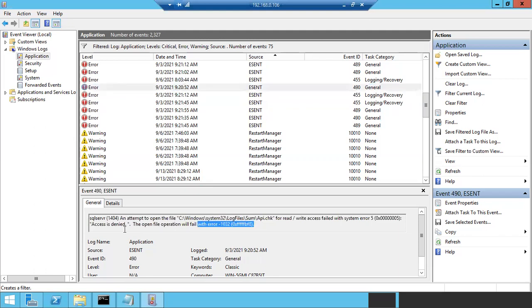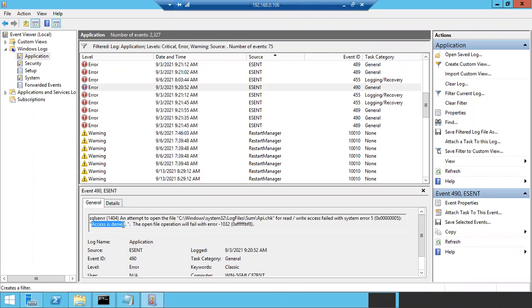So your SQL Server won't start due to access denied. Might be the service account doesn't have proper permissions. What is the solution for that? Why are we getting access is denied? Might be the service account doesn't have proper permissions, or the service account is not a member of local admin. In such cases, usually we get this access is denied error and SQL Server won't start.